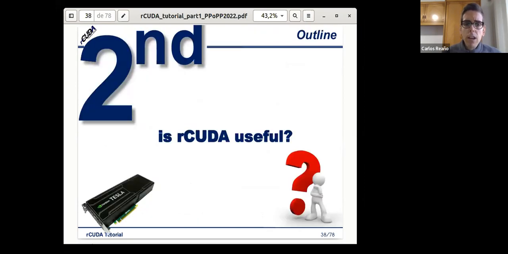So now that we have seen what rCUDA and remote GPU virtualization are, is this actually useful?